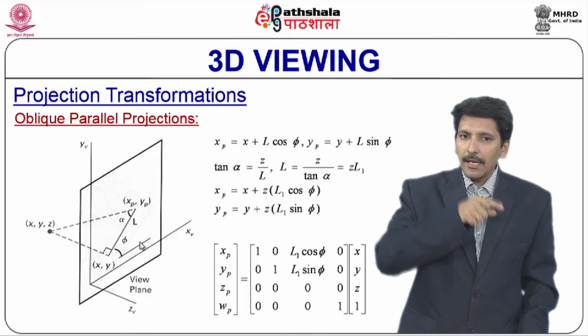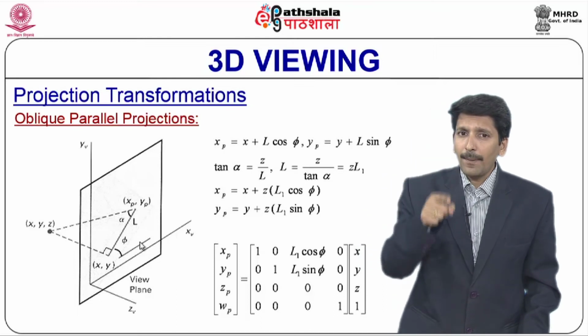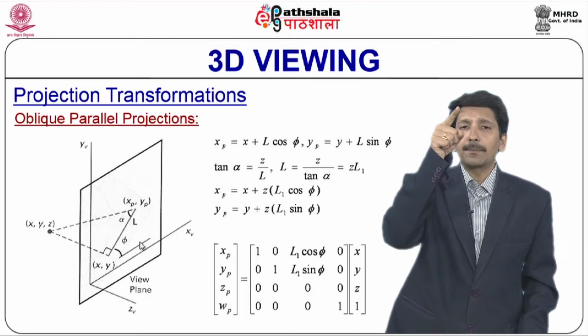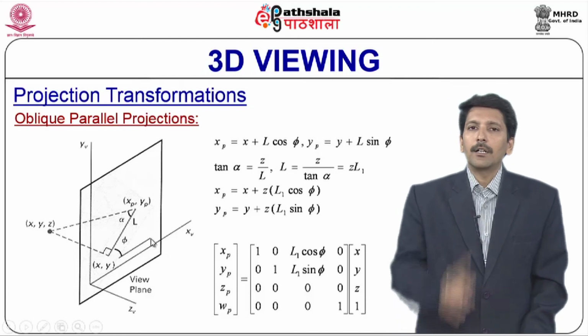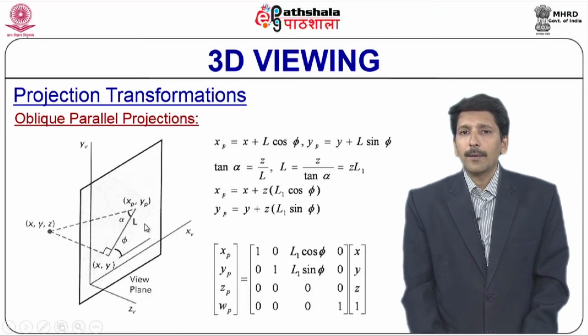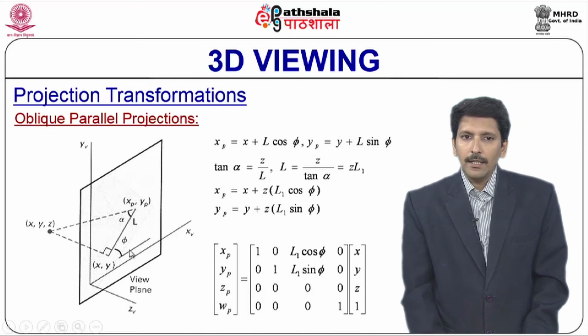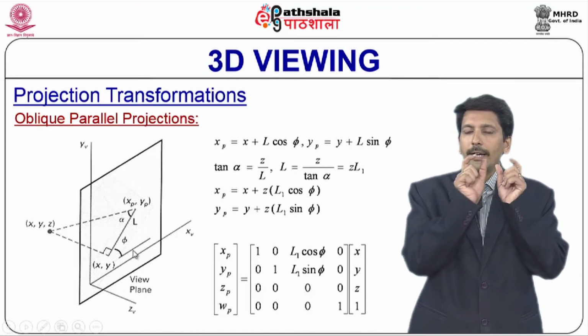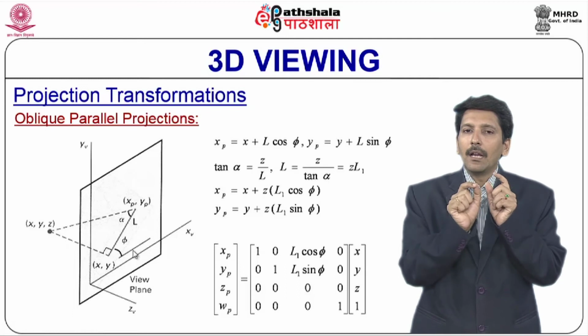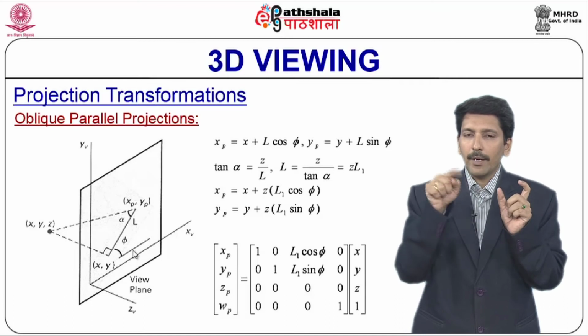The line L is the hypotenuse and we have the x axis, and you can drop a perpendicular onto the x axis from xp, yp onto this line, so that the triangle is complete. Now, what is the adjacent side and what is the hypotenuse? Hypotenuse is L, and the adjacent side is xp minus x. So, xp minus x by L is cos phi. So, cos phi is equal to xp minus x divided by L.